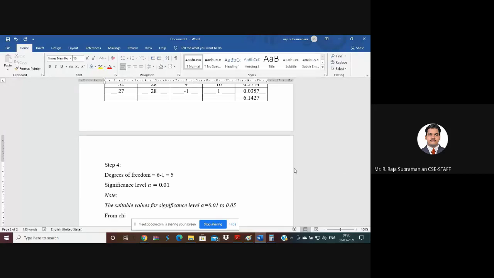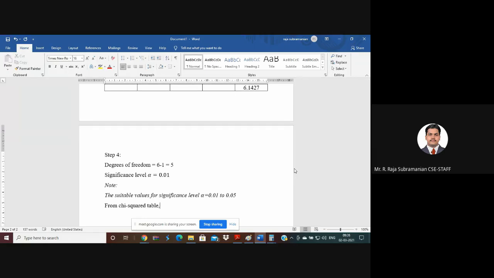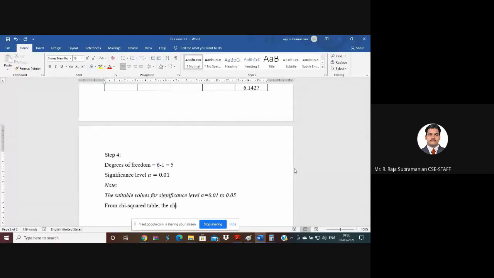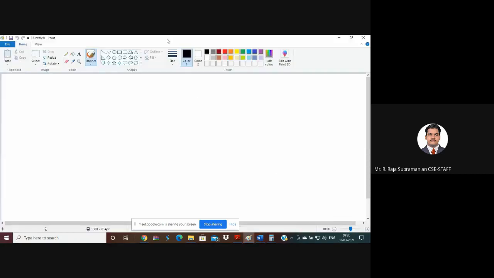From the chi-squared table, the tabulated chi-square value is 15.09, right? This is actually the curve which we have. Now let me go into the paint window and draw a small thing. So this is the distribution we actually have, and in this distribution,